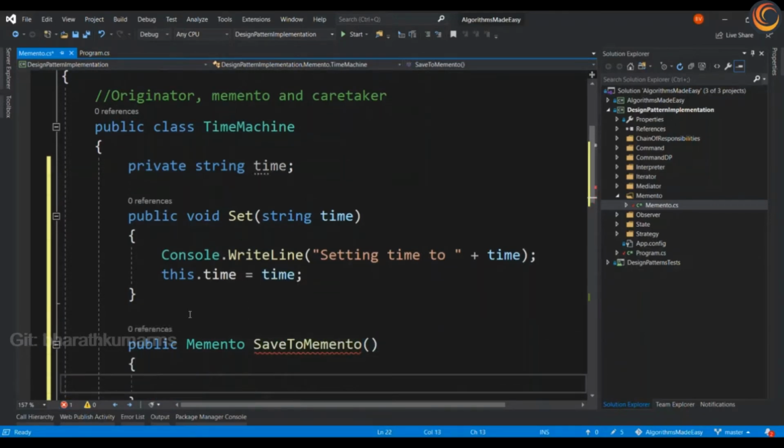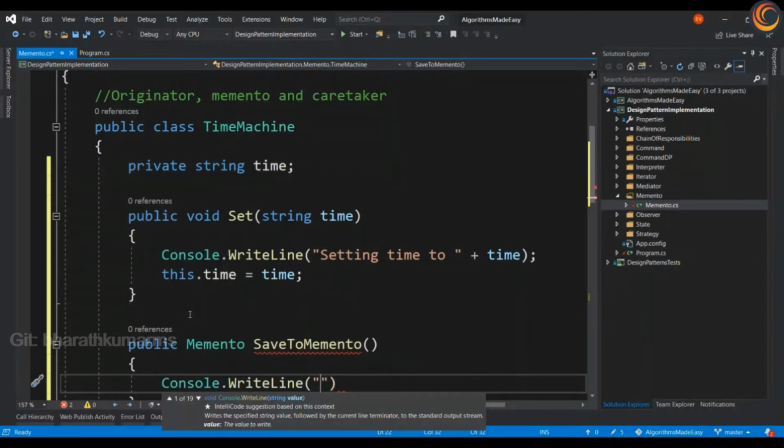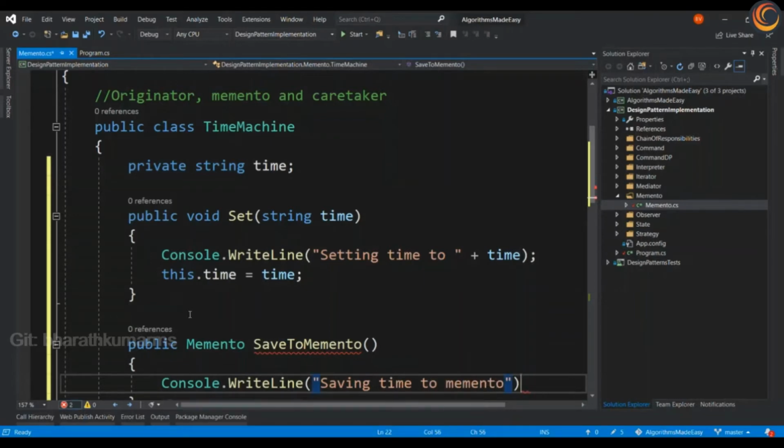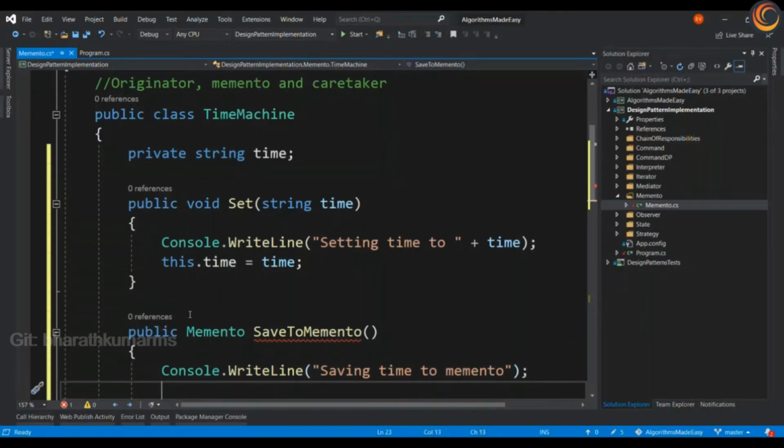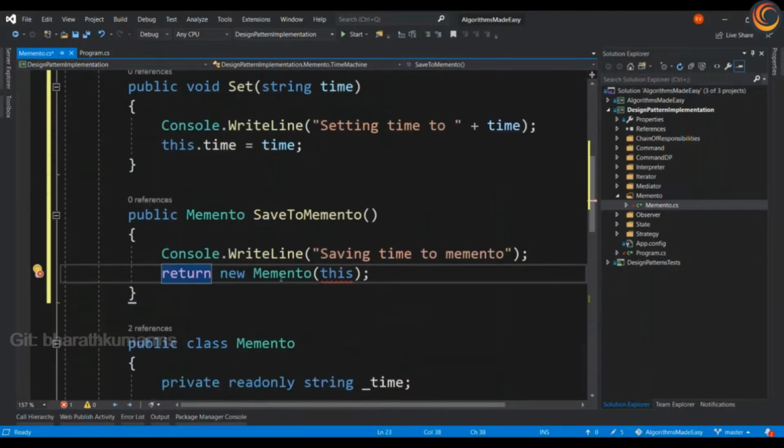So before saving to the memento, let us just console write line the message and we shall pass the this object.